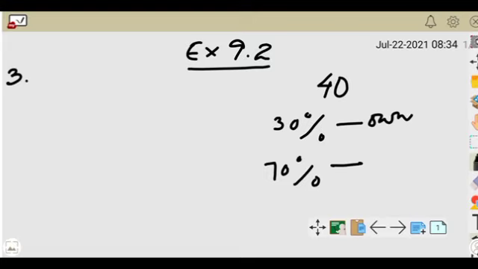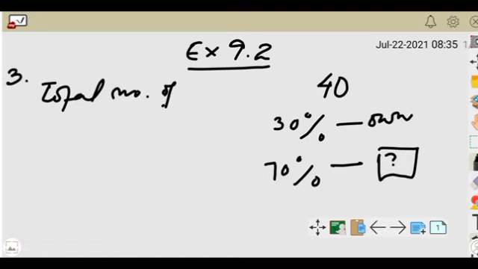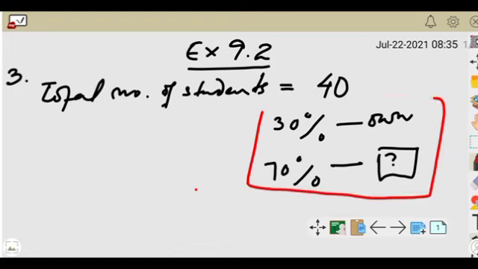The question is asking you to find how many students come by school bus. So we have to find the number of students who are coming to school using the school bus. Okay, let's see now. First, let me write total number of students, 40. When you copy, don't copy this part. Let me just skip for some time. I have written here total number of students equal to 40. And below this I'll write